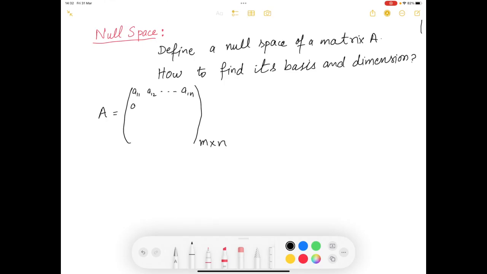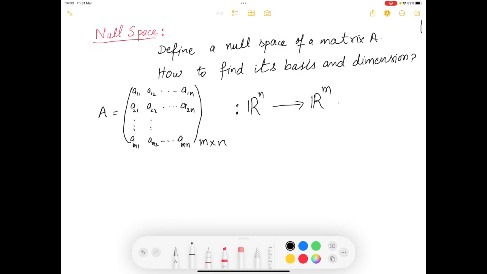In the second row it has A21, A22, A2N, and in the last row it has AM1, AM2, AMN. So this is an M by N matrix, and we can see this matrix as a linear transformation from Rn to Rm,